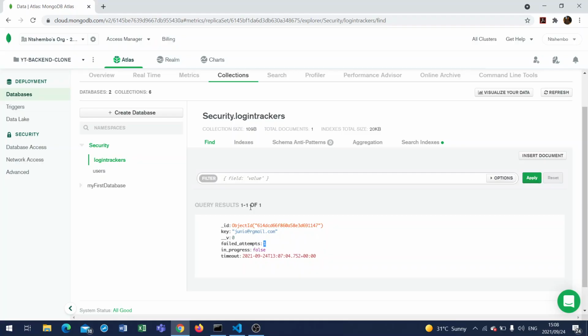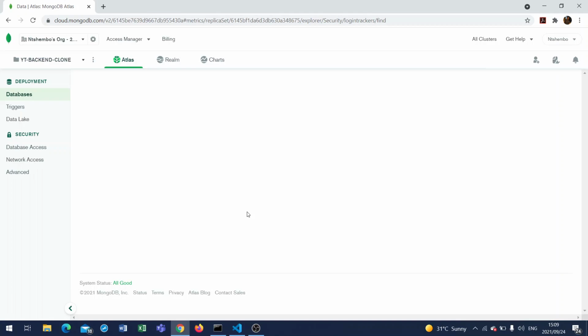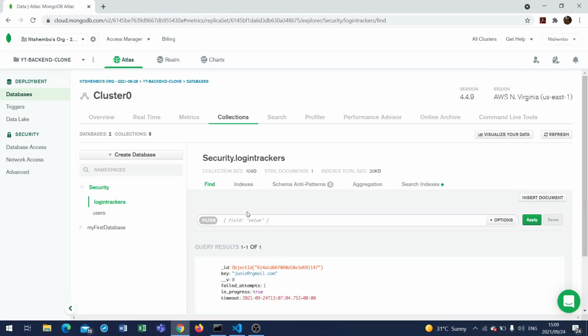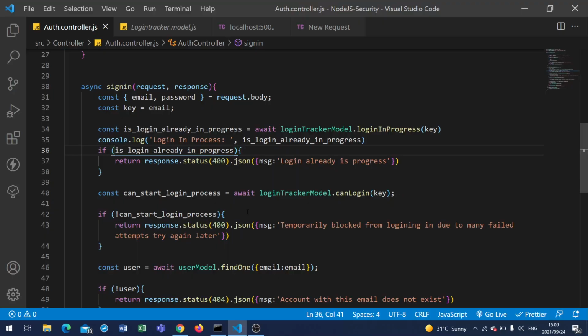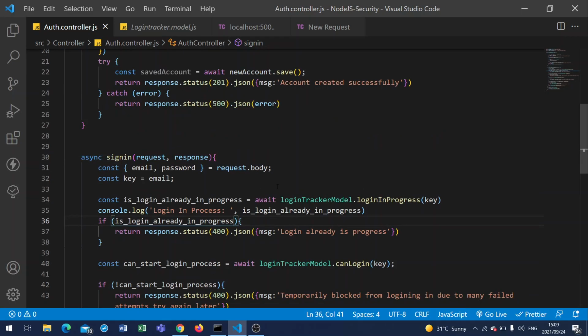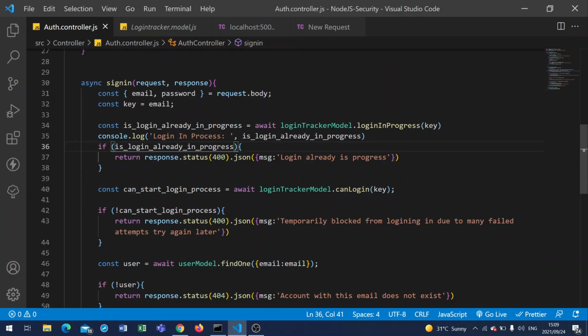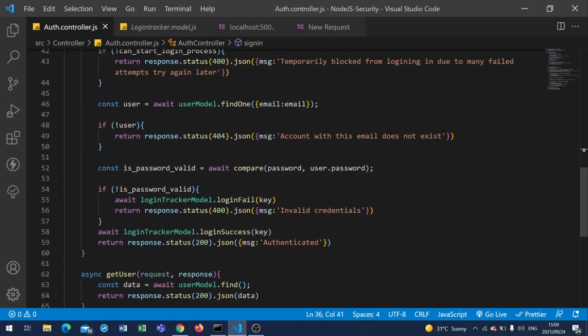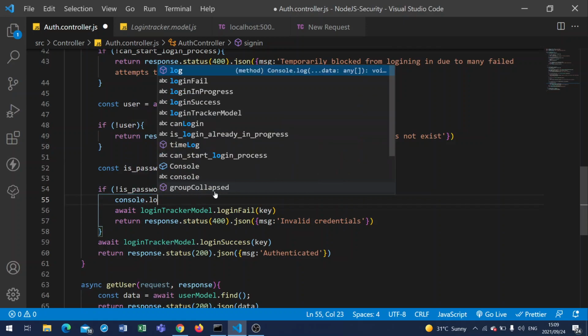Let's check this document. Let's check this document up. Let's see what we are, and why this, when I failed, why is this failing too? Okay, so now the next thing that I want to check before we even continue with this part here, I want to check here, why is this failed attempt possibly invalid? Why is this failed attempt, is this thing getting executed? Console.log